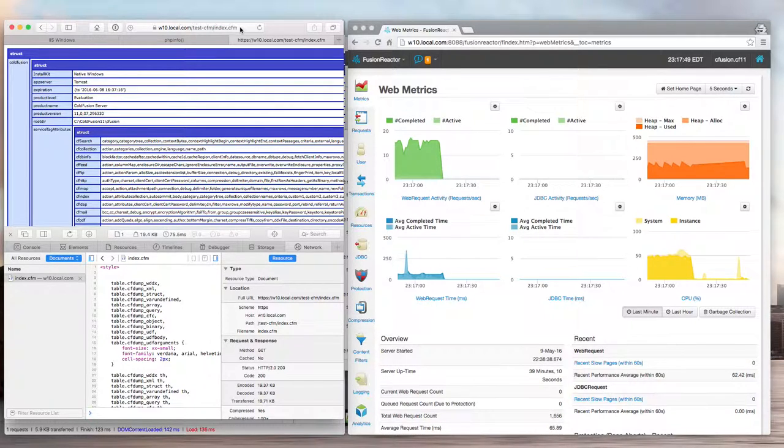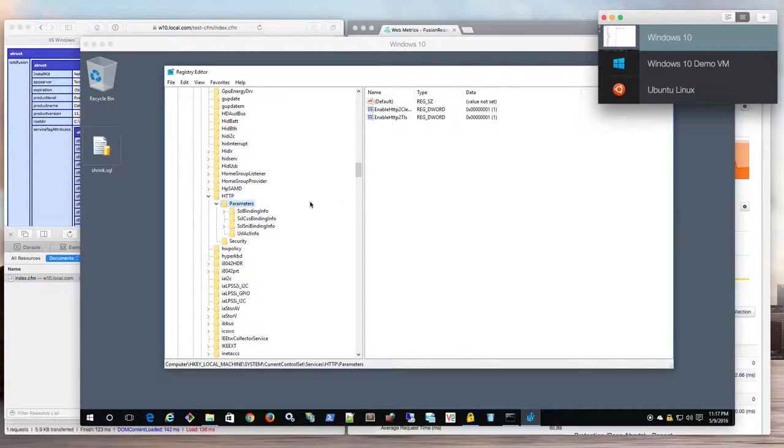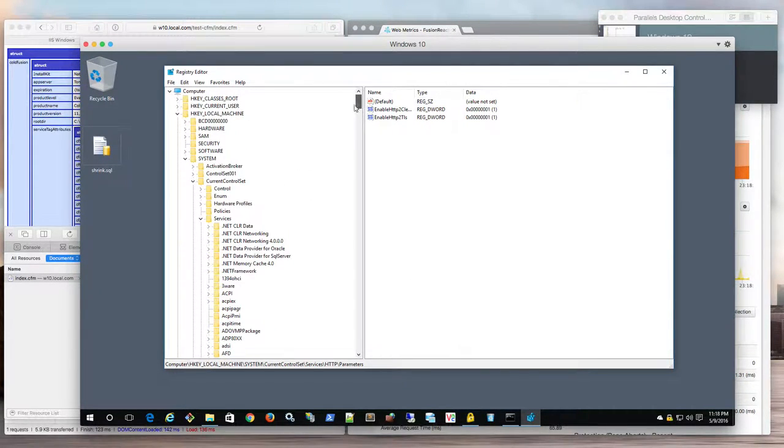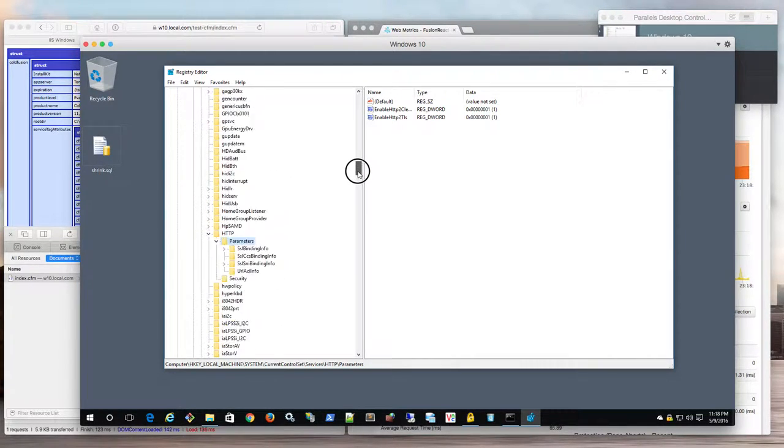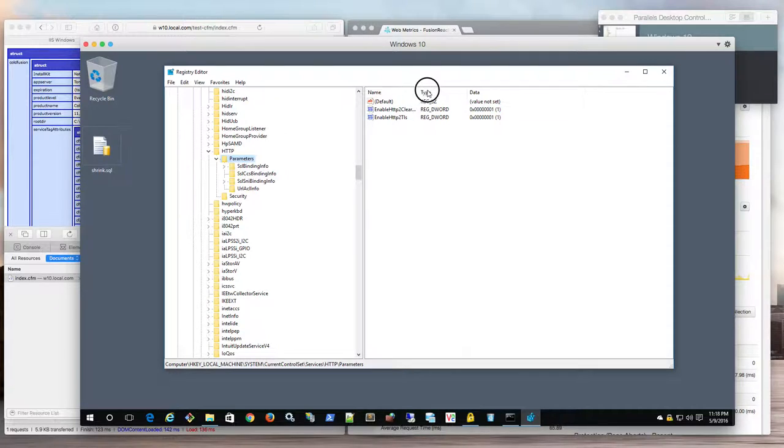So if you're experiencing this and you need this to work, what you can do is just disable HTTP2 on Windows 10, and all you have to do is go into your registry editor, and go into, sorry, here we go, much easier to see. Go into Computer, HKEY_LOCAL_MACHINE, System, CurrentControlSet, Services, HTTP, Parameters, and enter these two new DWORDs. Now these are here just because they're not going to be here when you come here, but it's EnableHttp2Cleartext and EnableHttp2Tls. Create those two and set them to 0. This will also be in the blog, which will be easier for you to copy and paste. But once you do that,